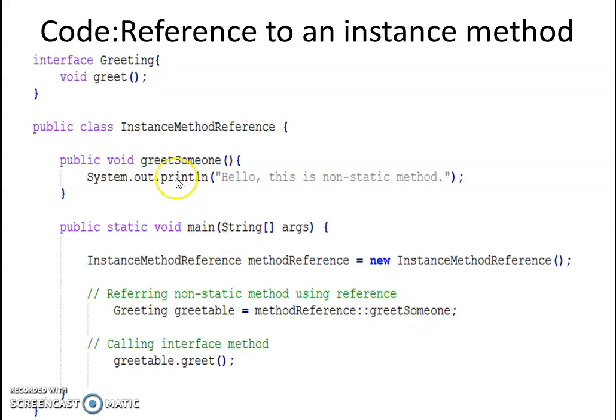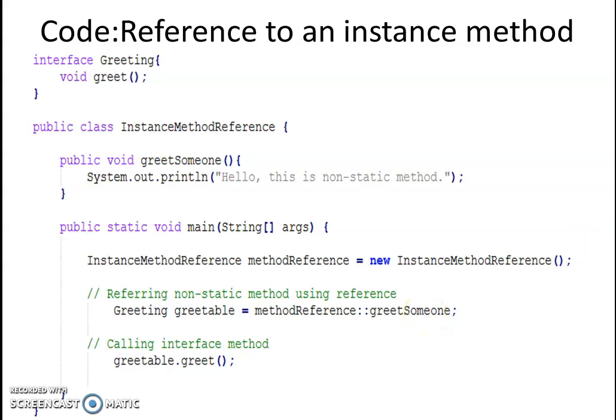So here in this case the instance method is greetSomeone, right? Now we are calling the interface method using this reference. So we are writing greetable.greet. This greet invocation will go to this particular method and it will print: hello, this is non-static method, because in this reference we have referred to this greetSomeone instance method, right?